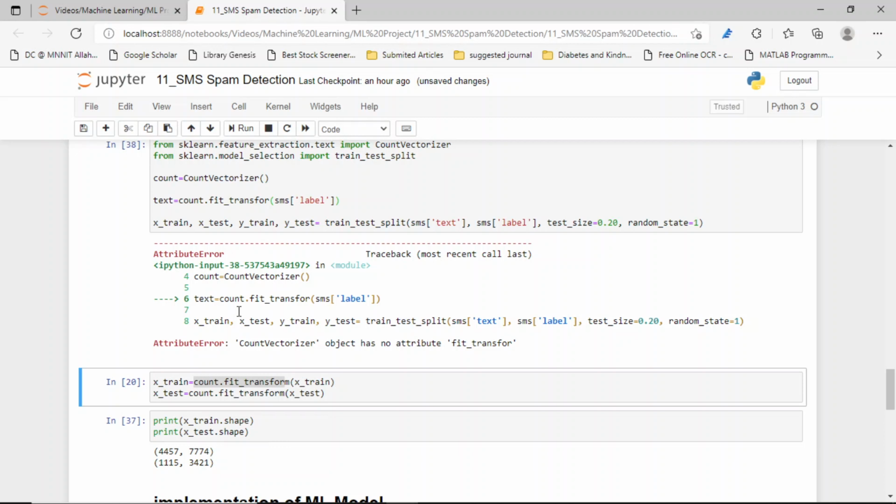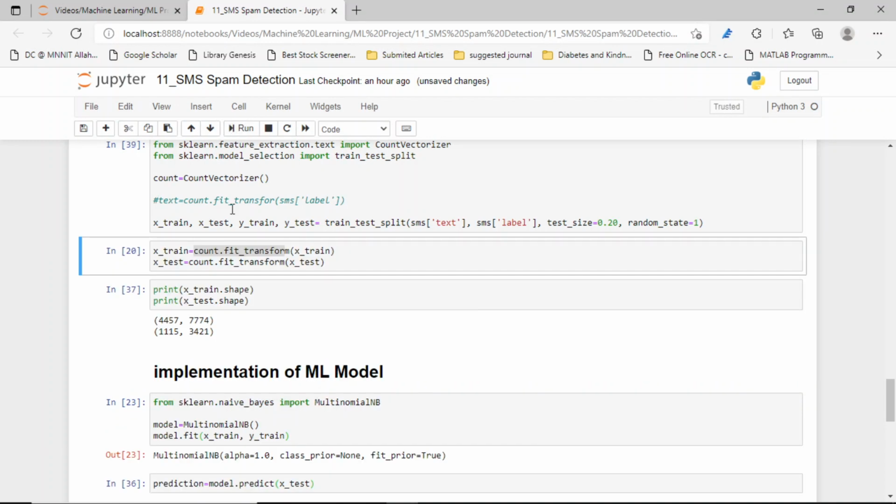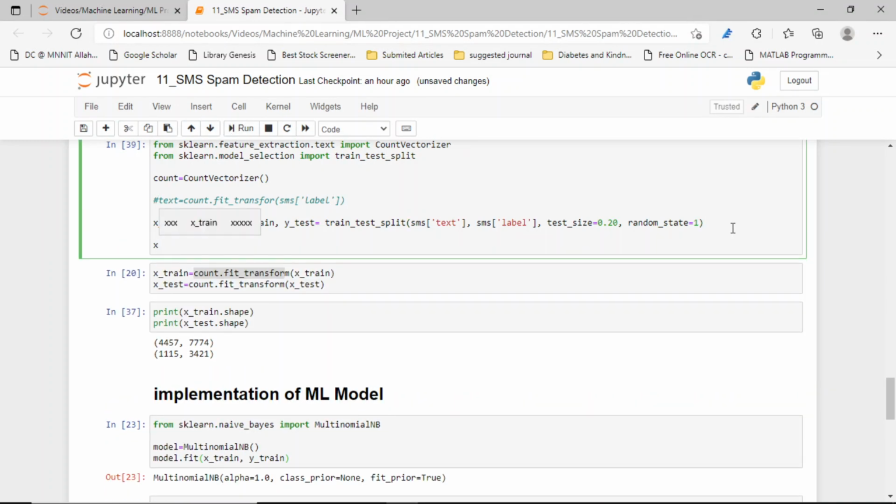Why, guys, is this happening? Now if we just make that command, let's run it. If you want to see the error file,